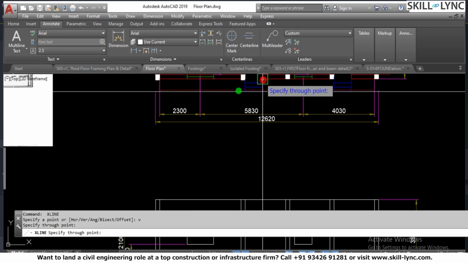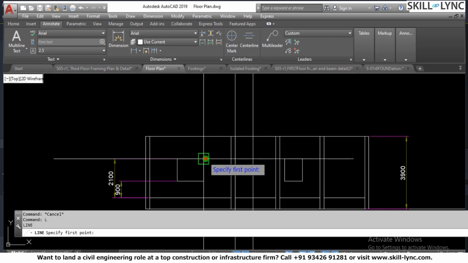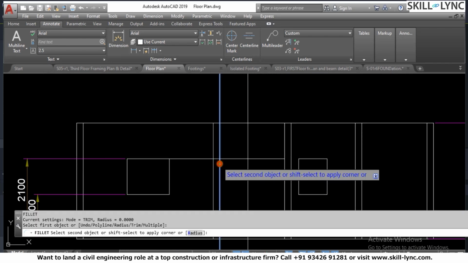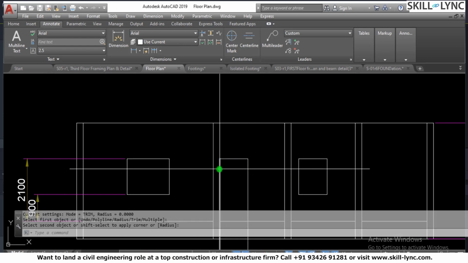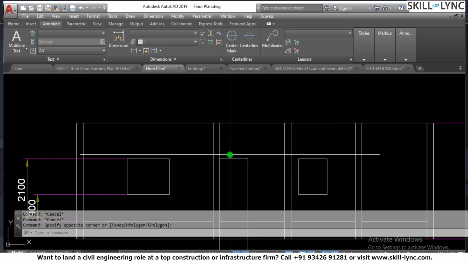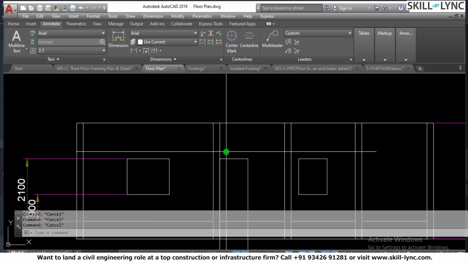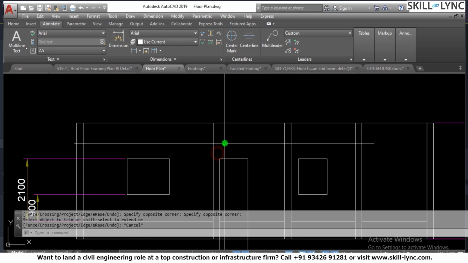So 1 and 2, and it goes to the lintel level. So I can use the fillet radius 0 to mark it. So if I want to trim this line, I can use the trim, double enter, trim, press enter, and so you have this